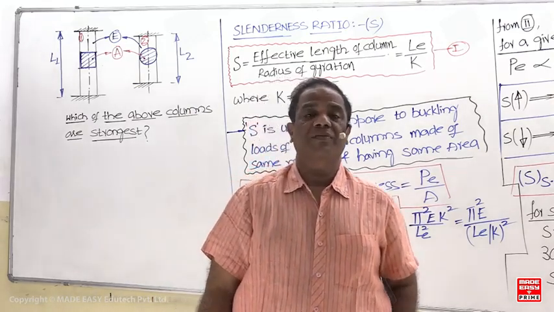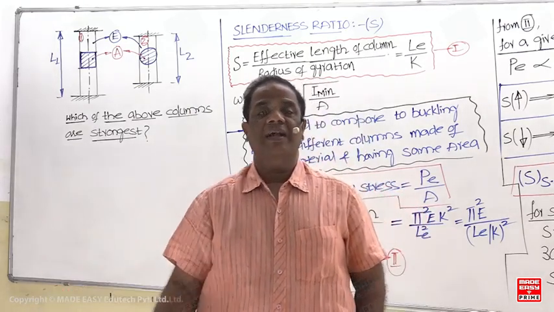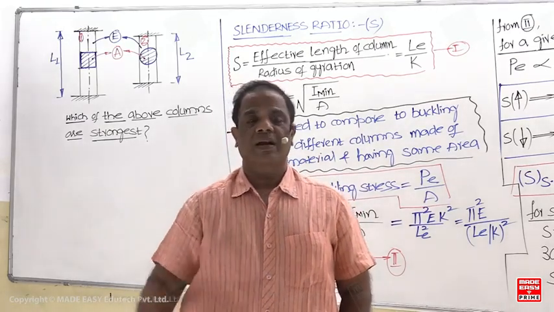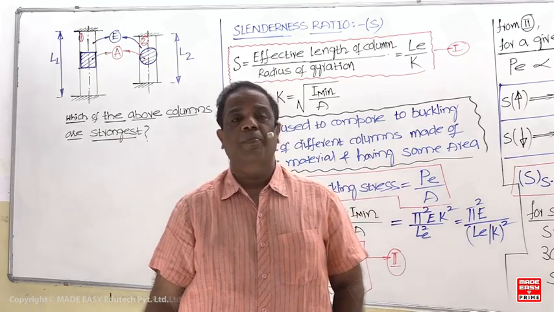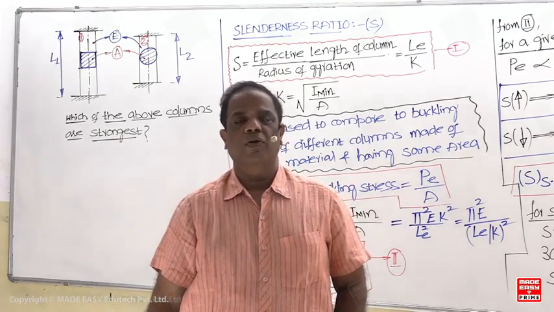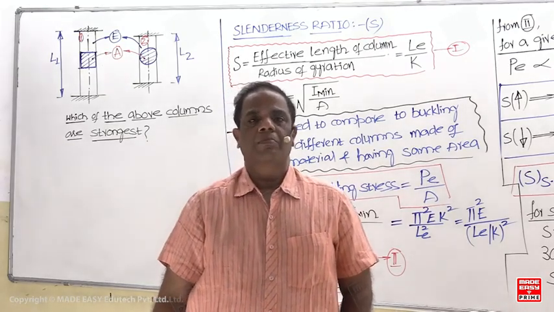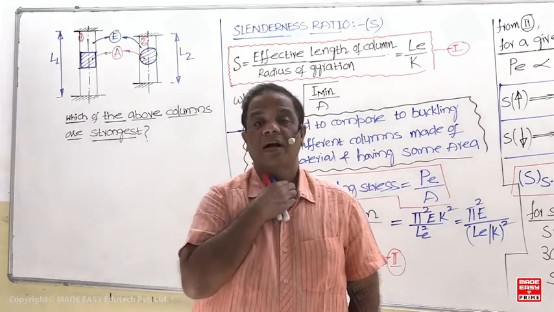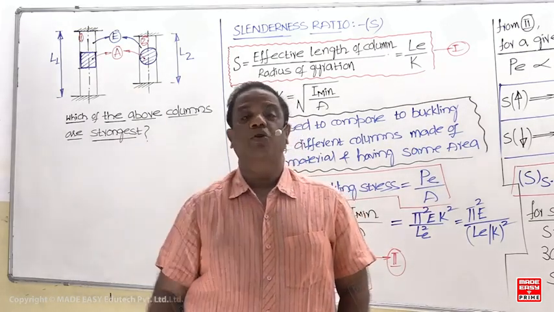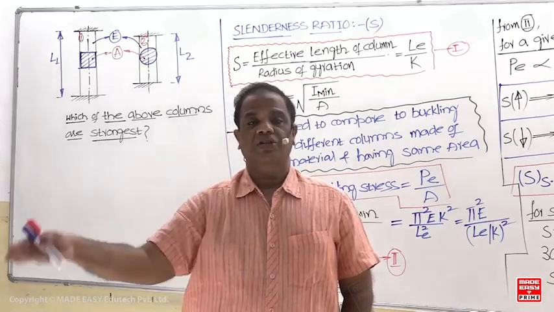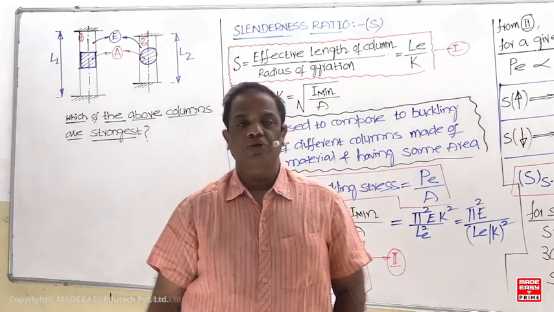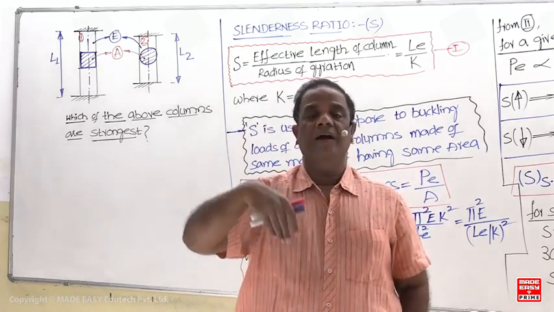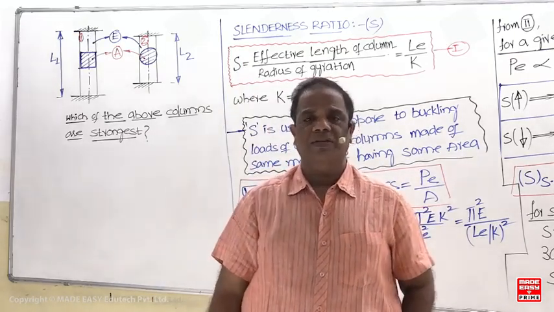What is the moment of inertia of a solid circular section? Either you can take Ixx or Iyy, pi by 64 d to the power of 4. So for a solid circular column, the buckling load is directly proportional to d to the power of 4. If the diameter becomes double, buckling load is increased by 16 times. Similarly, if the diameter decreased by 20%, what is the reduction in the buckling load? So like this, questions are going to be there, and you have studied for a solid and hollow circular column ratios now.